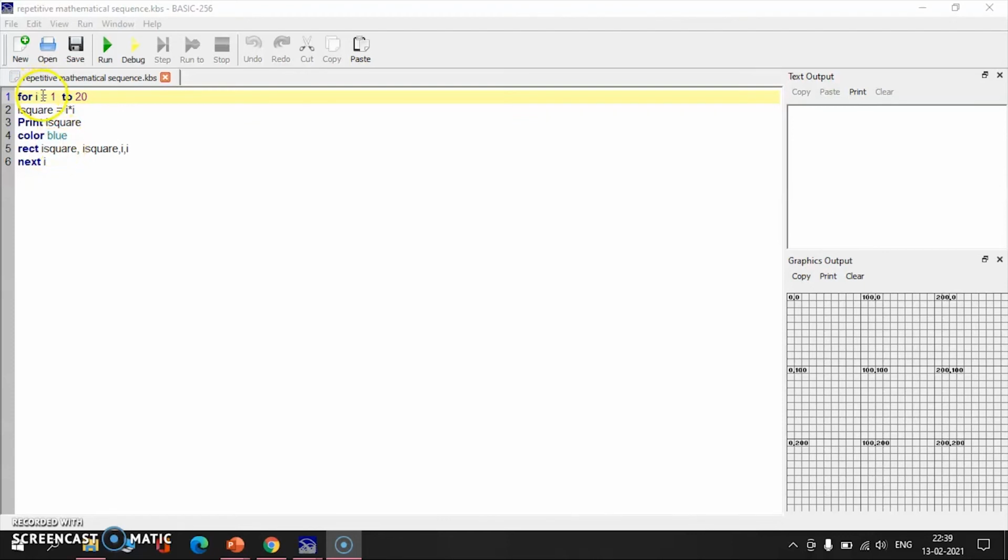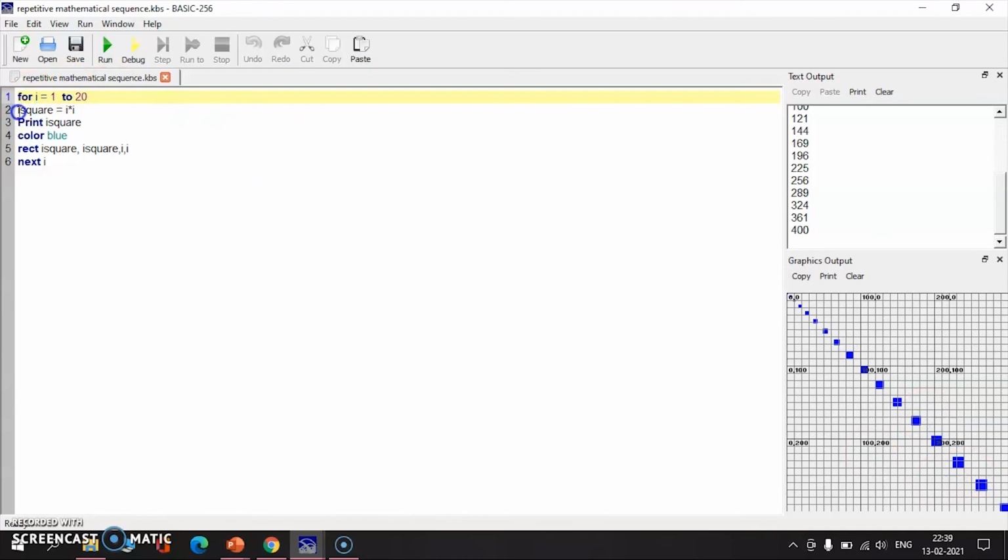Then the sequence gets repeated till the value of I reaches 20, and then the repetition stops. Okay, have you all clear with this program? Now I am going to run this program and you can see the output in the graphics output area.